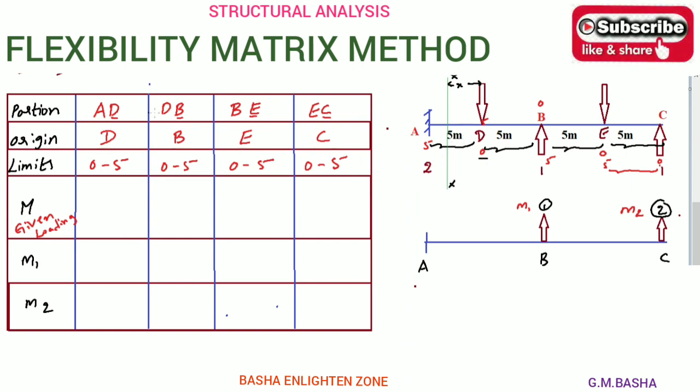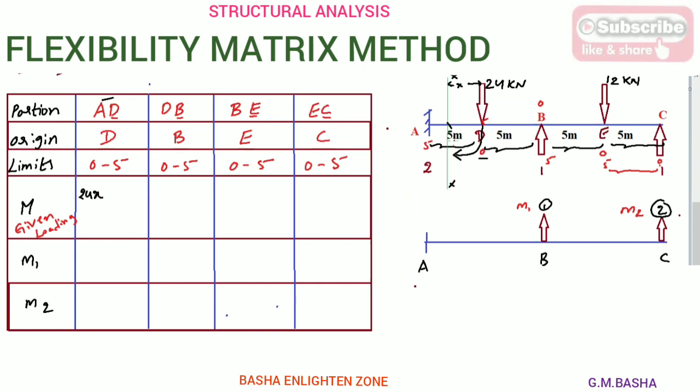Then here I am in the portion of AD, therefore I am resolving the entire given loadings up to that portion. Okay, see here it will be 24 kilonewton and this one will be 12 kilonewton. So resolve this one up to the section XX. So 24 into this distance X. Because we are considering up to that section, the distance is X, 24 into X. Here it will be rotating clockwise towards the X section. Therefore I am taking clockwise movement as positive, that is 24X.